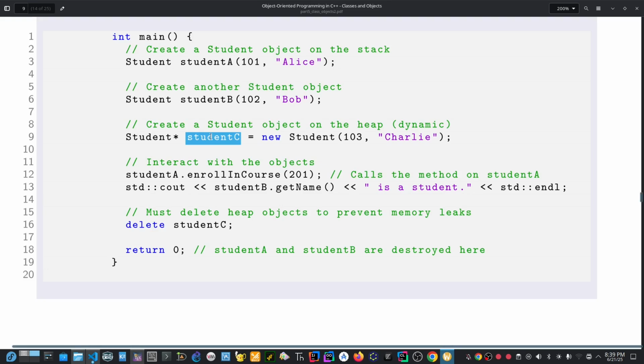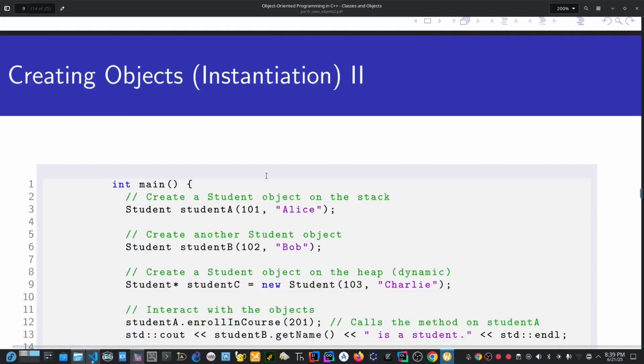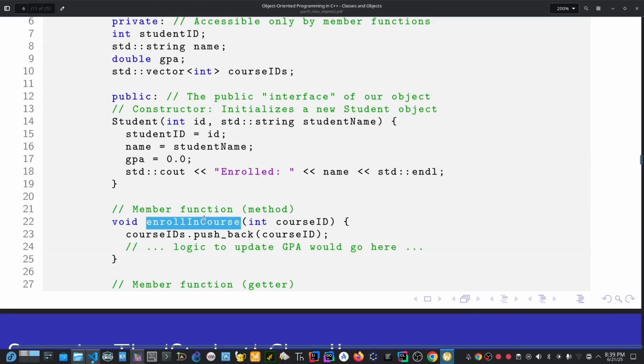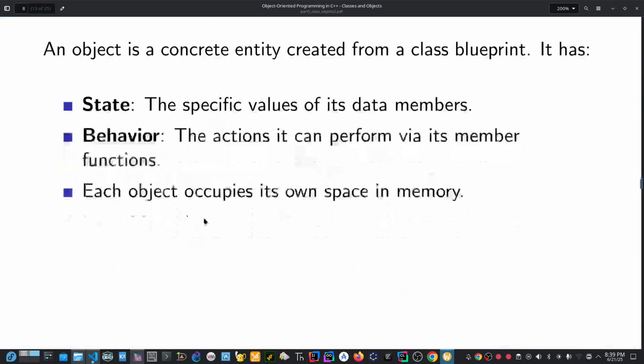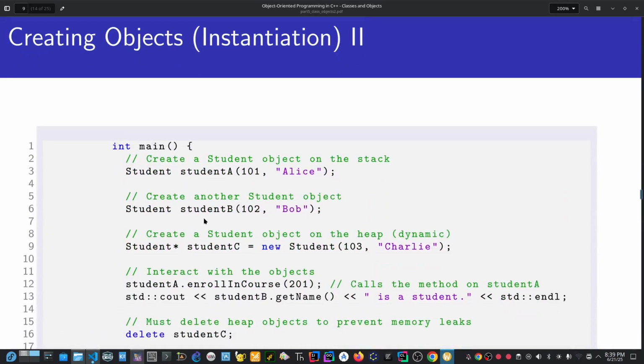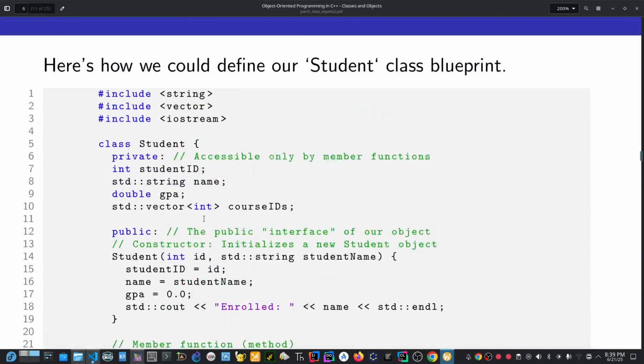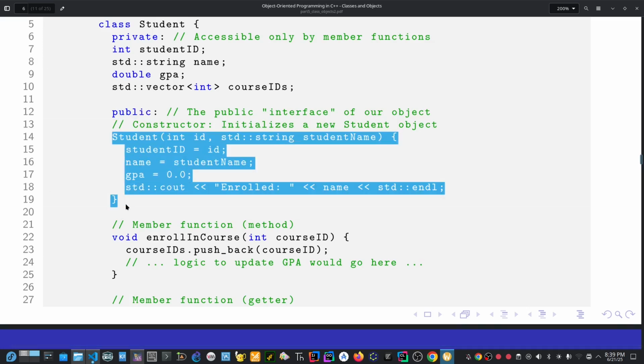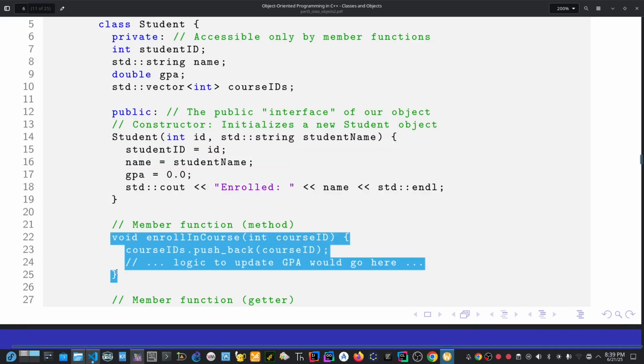Then we need to delete this one at the file end to free the resources allocated dynamically. Then student A dot enroll courses. Here we have a function. We will be able to call this enroll course member function through the instance and the public access. Can you see this public here also affects the constructor here? This constructor also affects this